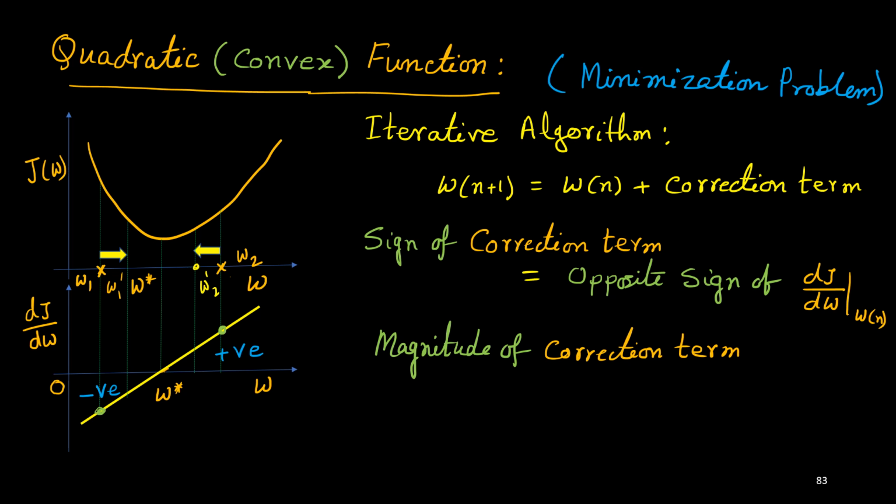Now you see one point, if we are here at W1, the gradient is negative, but the magnitude is large. And if you compare with W1 prime, you see its gradient value is small. So when the gradient value is large, it signifies that it is far away from the optimum point. Positive and negative, that meaning we have already discussed, but magnitude wise I am telling you that if the gradient value or